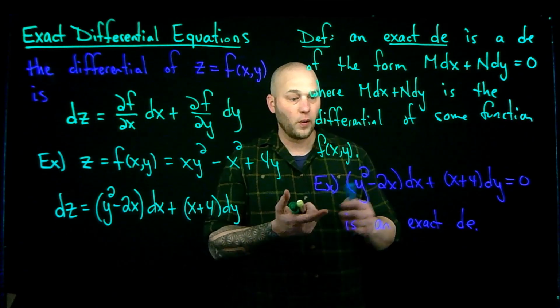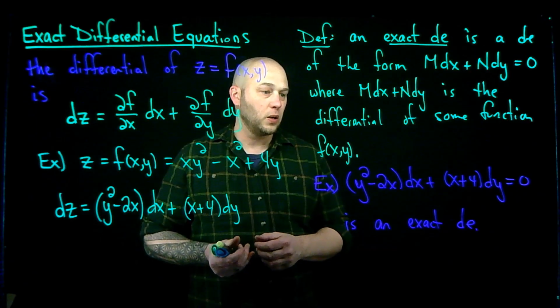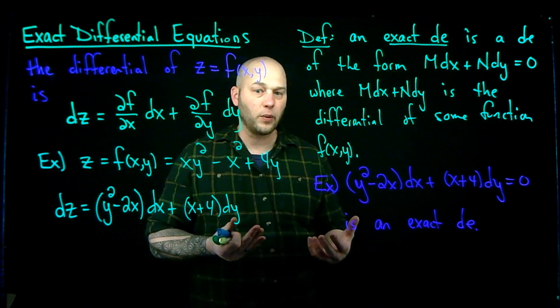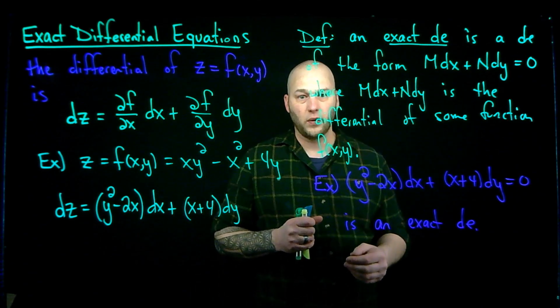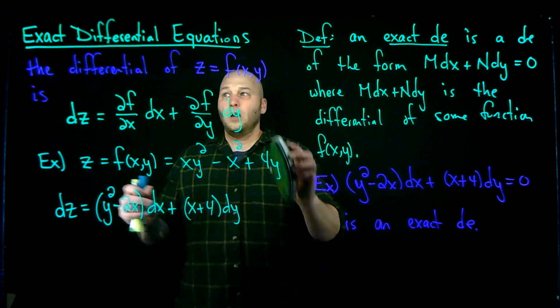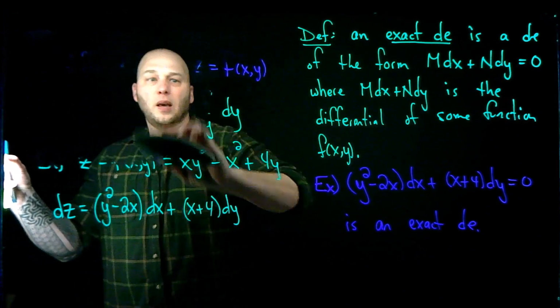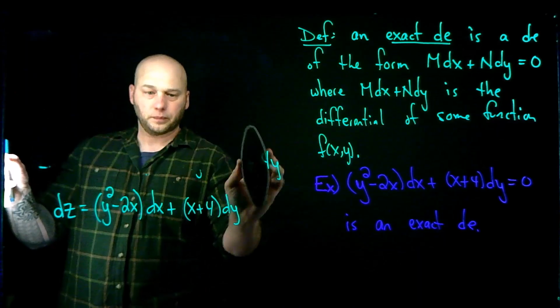So I know that that is an exact differential equation. Now, what I want to do is show you how to solve one of these differential equations. Let me clean this side up, and then I'm going to state a theorem